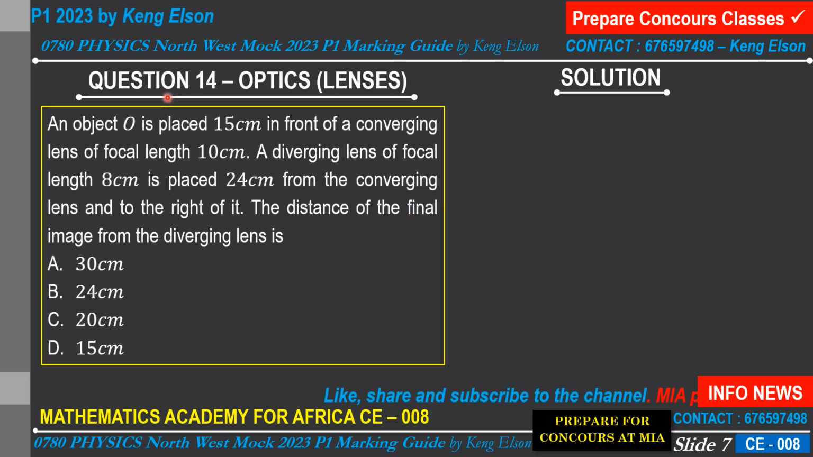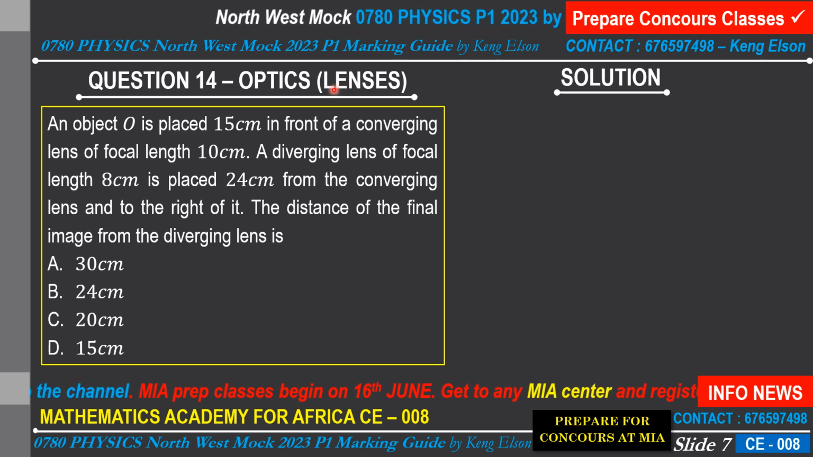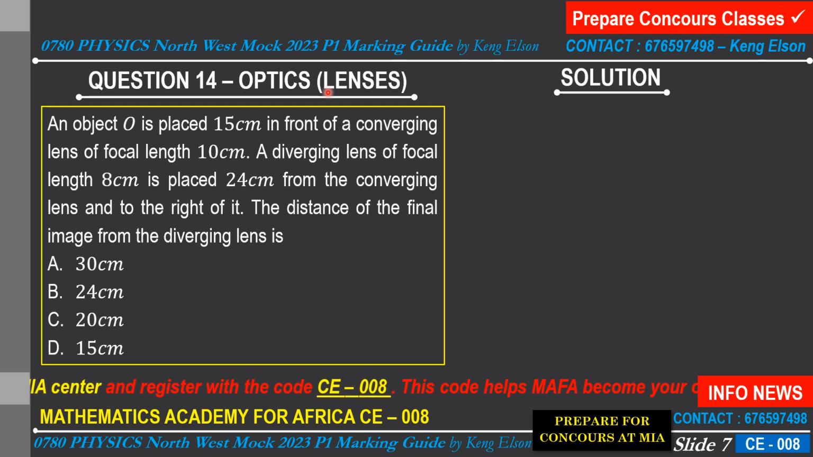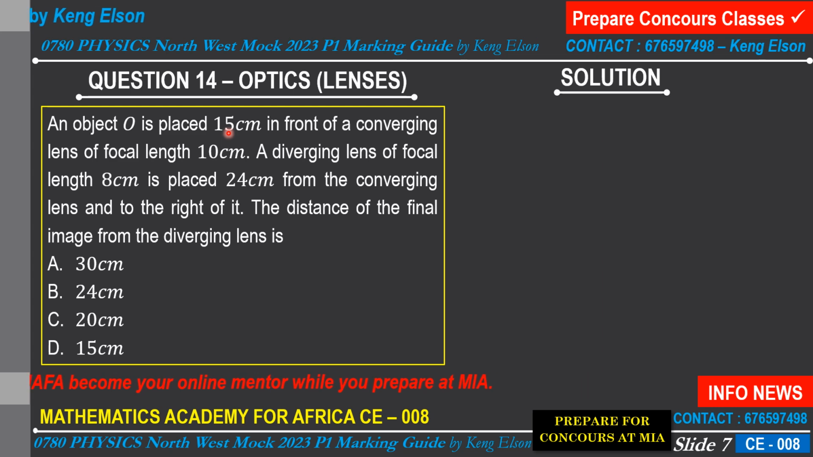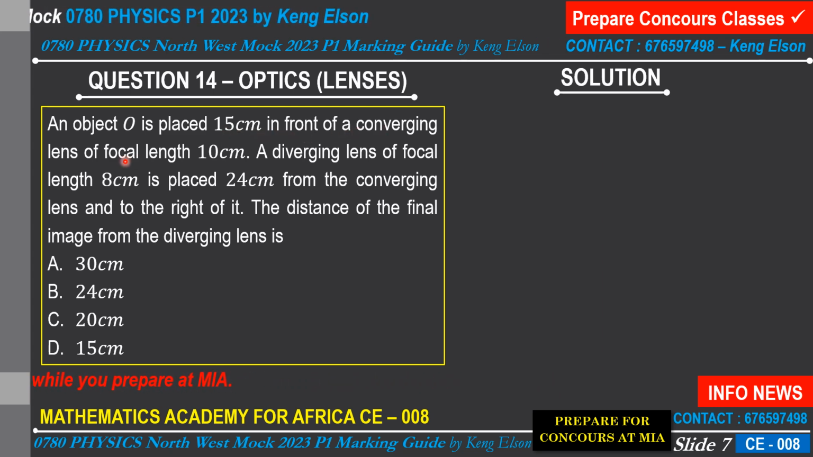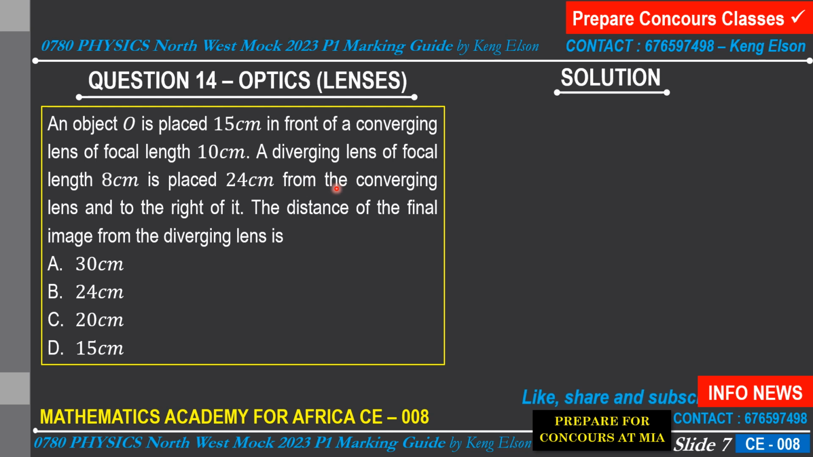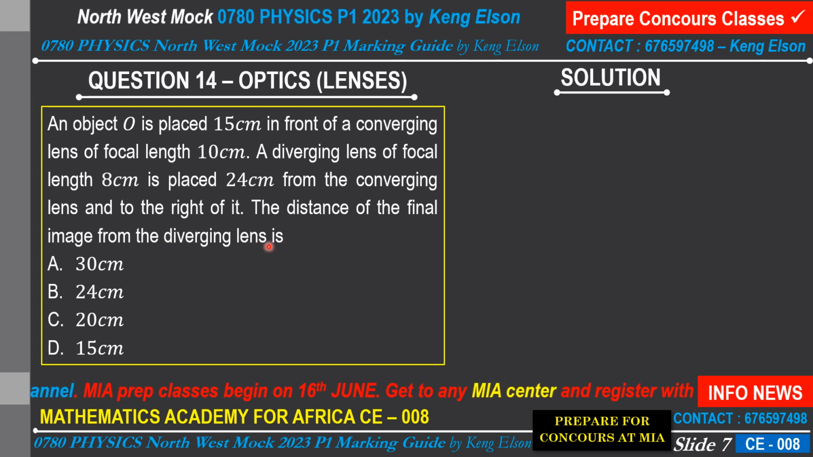Okay, here we are with question 14. It's on optics, specifically lenses. In fact, it is a situation of combined lenses, so I will need you guys to pay keen attention to the solution. It reads, an object O is placed 15 centimeters in front of a converging lens of focal length 10 centimeters. A diverging lens of focal length 8 centimeters is placed 24 centimeters from the converging lens and to the right of it. The distance of the final image from the diverging lens is